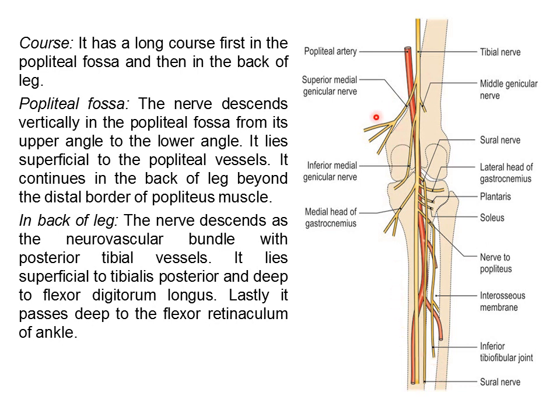If you see the various branches here, it is giving branches to the muscles. All the muscular branches of the tibial nerve arise from the lateral aspect, like the branch to the lateral head of gastrocnemius, to the soleus, and the nerve to popliteus. So these are all the muscular branches. They are arising from the lateral aspect, except the nerve to the medial head of the gastrocnemius. So this one arises from the medial side of the tibial nerve.